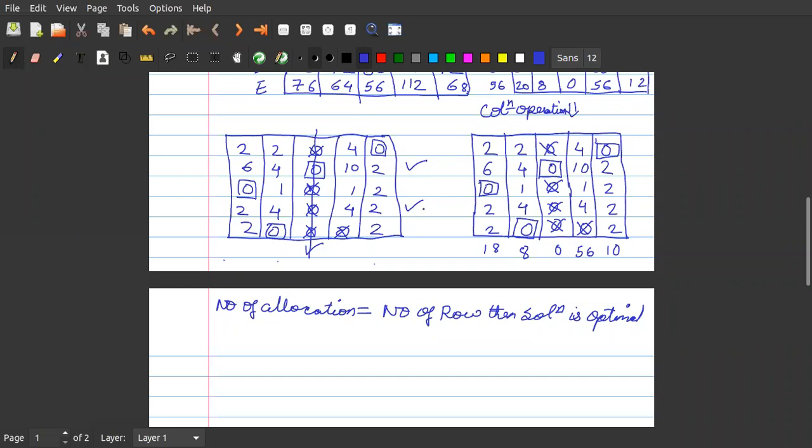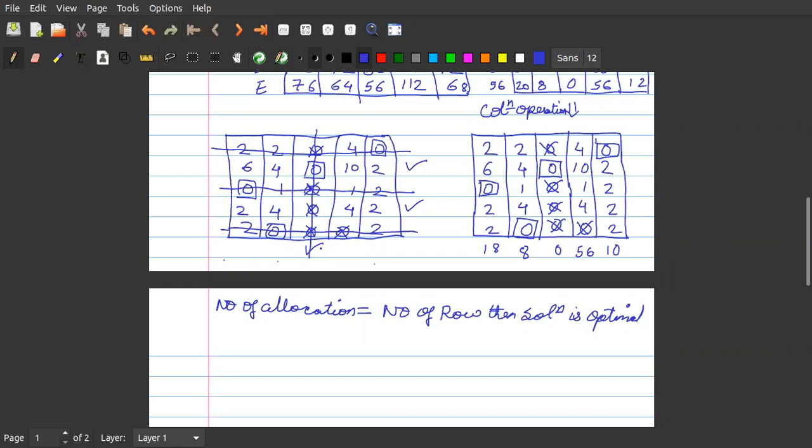See, this is a ticked row, but we will cut the unticked row. So I will draw horizontal lines from the unticked rows wherever there is no tick. And I will make the vertical lines from a ticked column. Is it clear? Please remember this clearly.